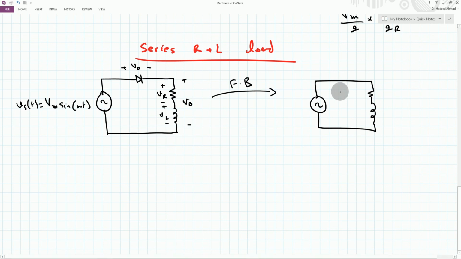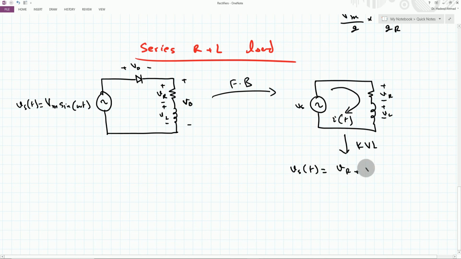So whatever the current which is flowing here, i(t), it can be expressed by the application of the KVL here. So if I apply the KVL, I know that this is VR, this is VL, and this is VS. Then by the application of the KVL, we have